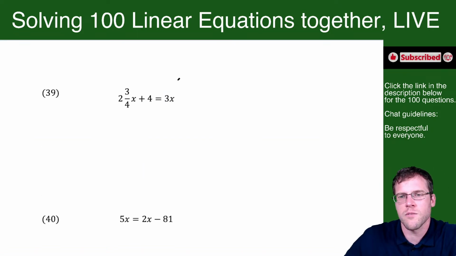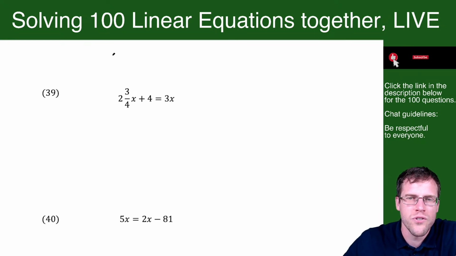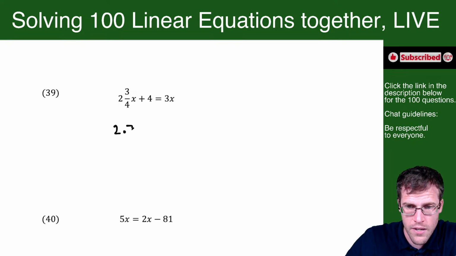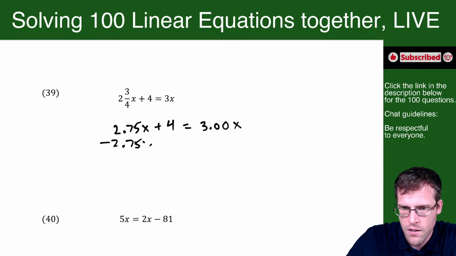Oh, so same idea as before. I would rewrite this 2 3/4. Just know if you have 3/4, you have 75 cents. So this is 2.75x plus 4 equals 3.00 times x. And I'm writing it like this so that when we subtract, so we subtract here,